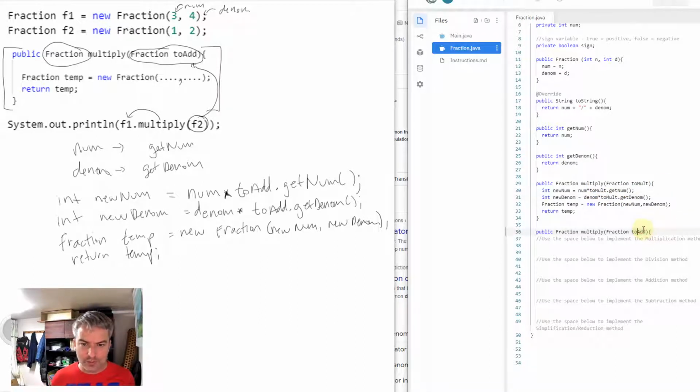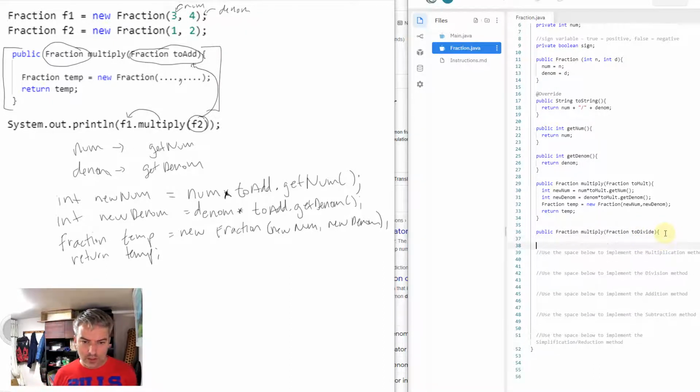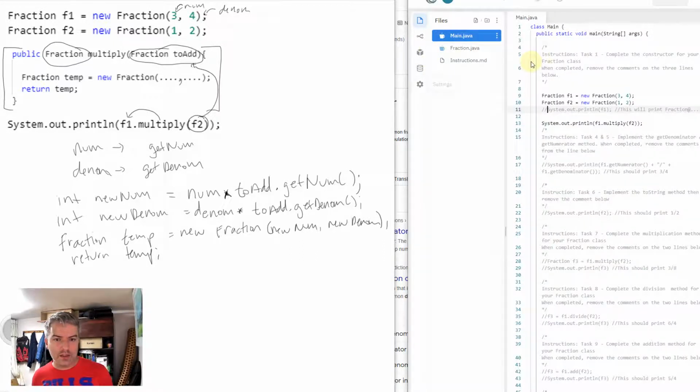And because this one should probably be like to divide, or to div or whatever, it might be a little bit quicker to write to div. So the same thing is going to happen here. We're going to take in a fraction that we want to divide, and we're going to return a new fraction back to the user. So it should work something like, if we go back to the main class,